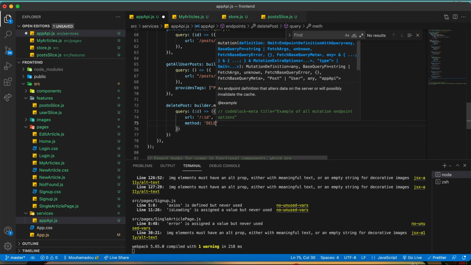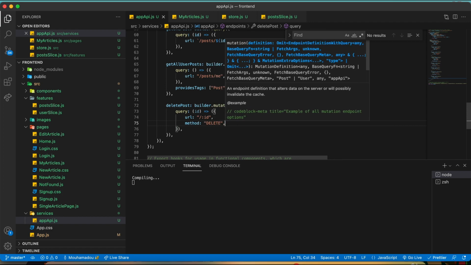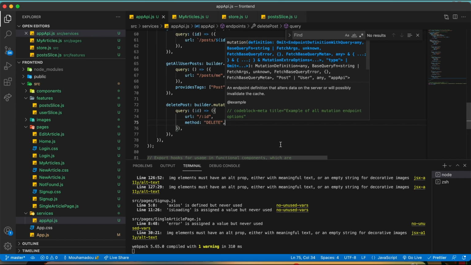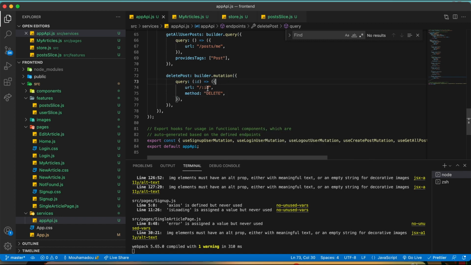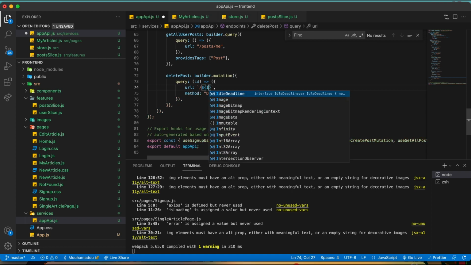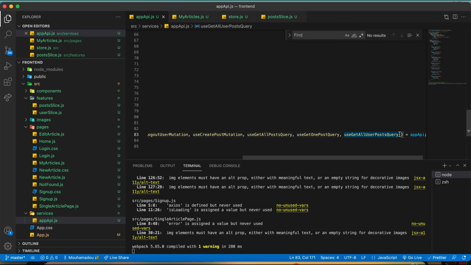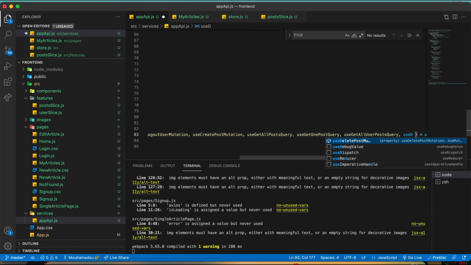Make sure that it's uppercase. Okay, so now we have our delete, and we'll add it here. So let's actually have the ID here, so as a variable ID. Okay, and we delete the post. Now let's add it here. So use delete post mutation,